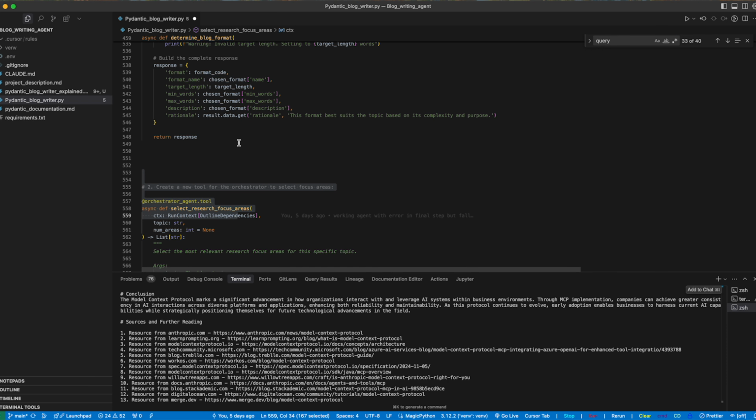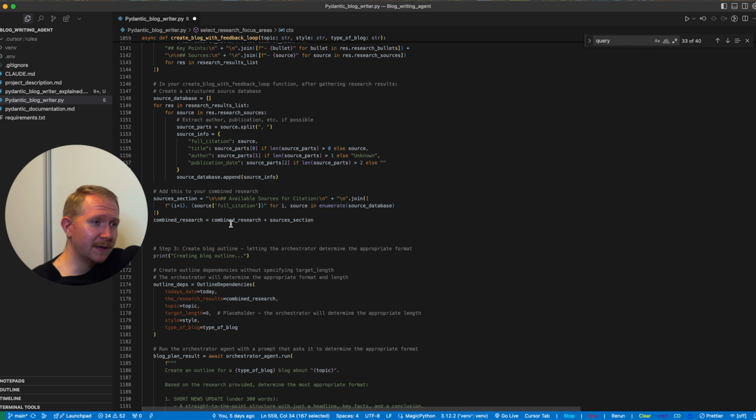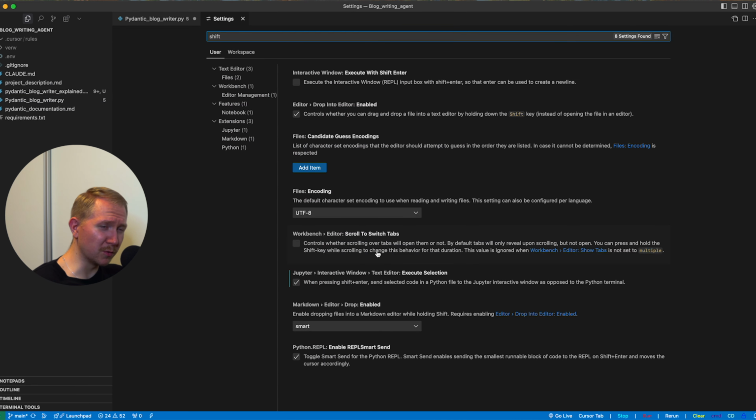So over to the final recommendation, and one of the best tips I think out there for building agents. And this is a tip given by Dave Abelard, which is a very good YouTuber, which you should check out definitely to stay up to date with some of these frameworks as well. So the final tip is to use a setting within your VS Code, if you use that, so that's within Cursor as well, to basically use Jupyter and an interactive window